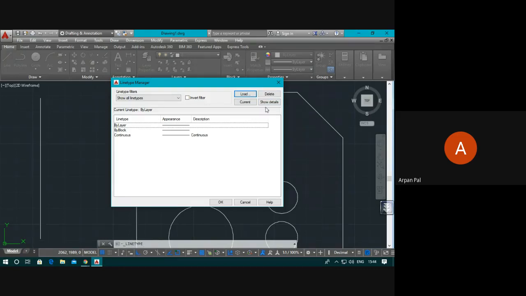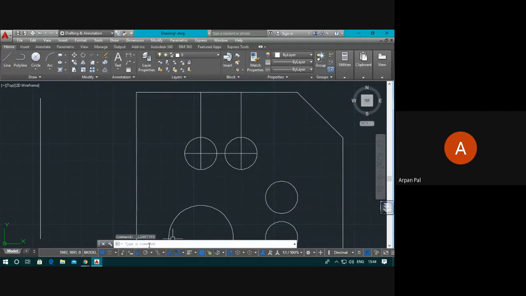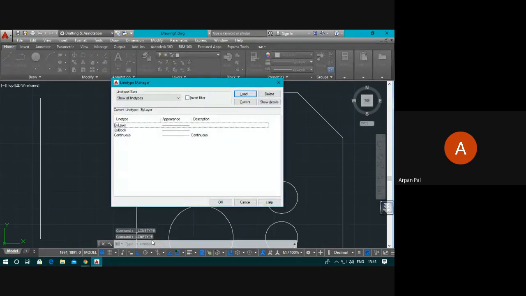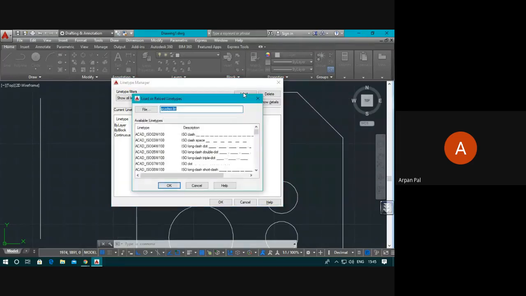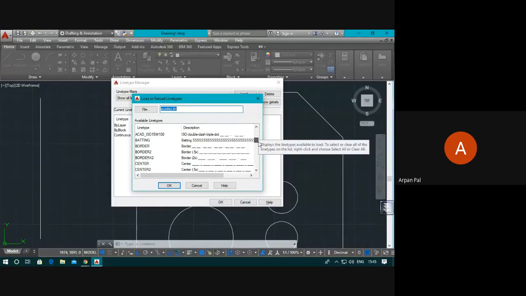Line type. So you can directly open it from the command box by typing line type. If you don't get this in the toolbar, type line type, enter. And here, if you click on this load, you will get different types of lines. Whatever type of line you want, you will get here.